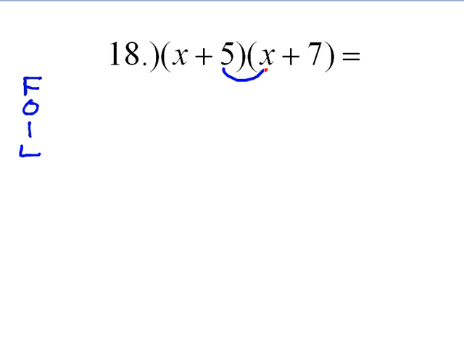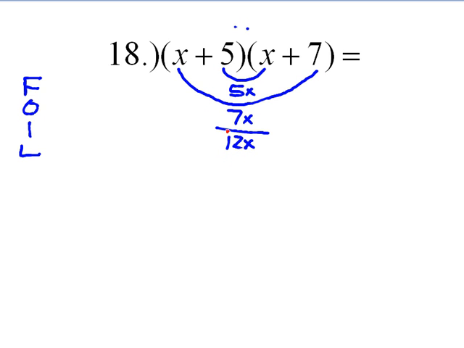What I do is I make a little smiley face. I'll put two eyes up here. Now we multiply 5 times the x, and we get 5x. I'm going to make another little smiley face, and I multiply the x times the 7. 7x. Now I add these terms. 7 and 5 I think is 12. That is my middle term